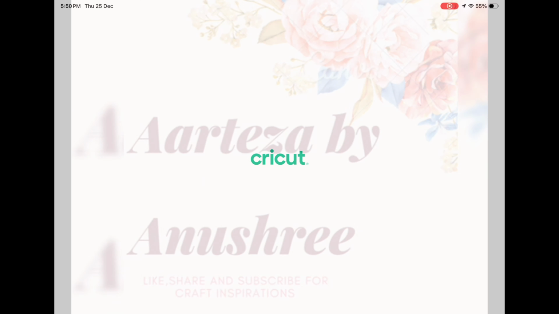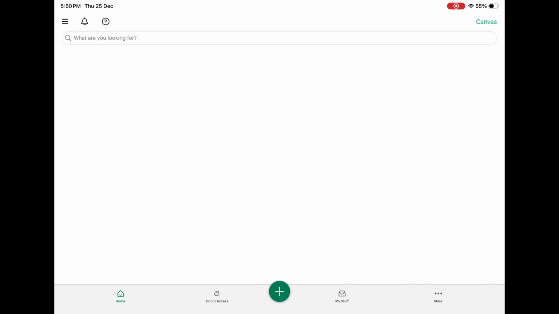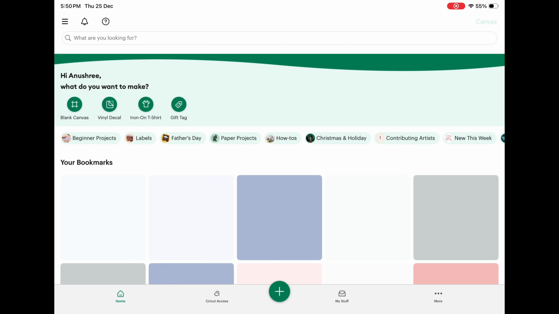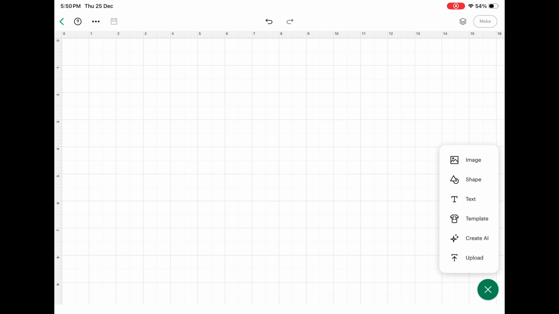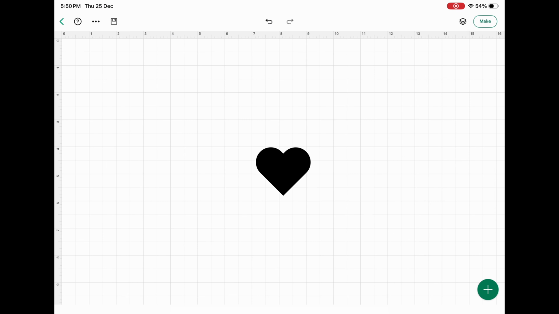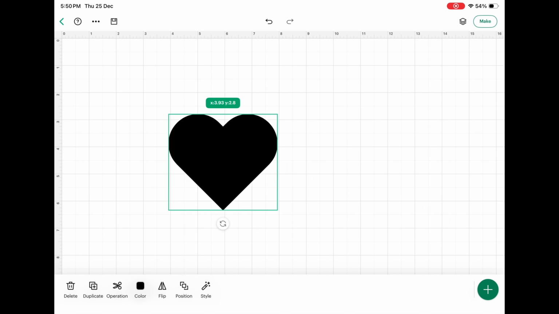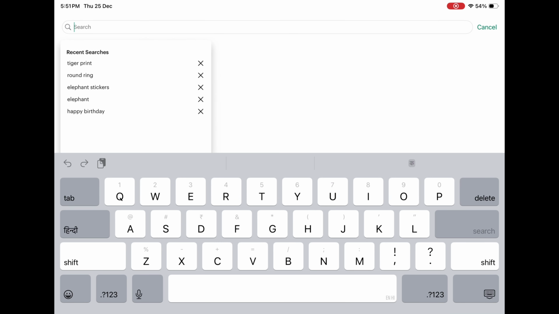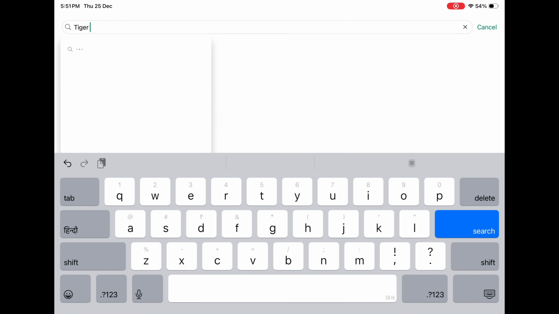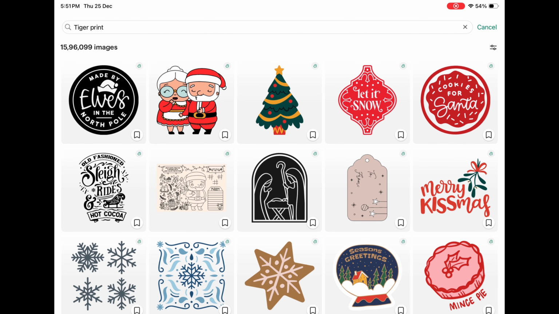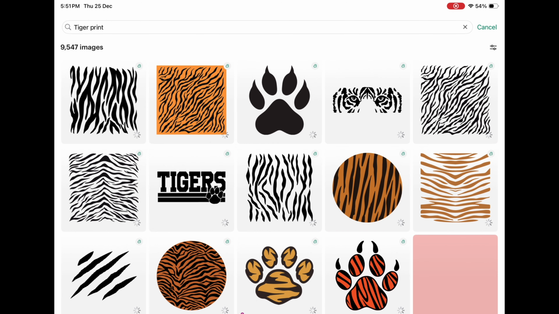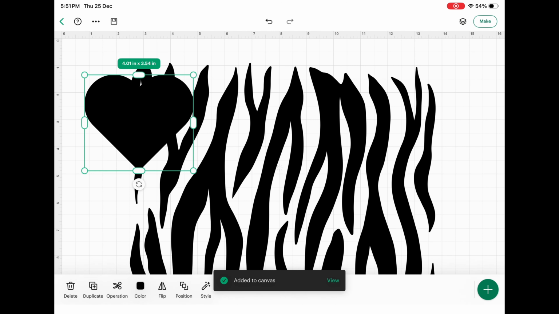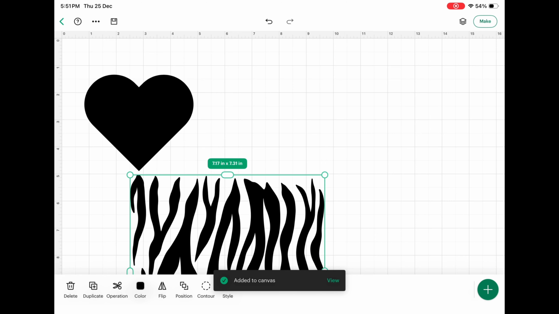I am Anushri and today I'll share a tutorial on how to layer your images easily and efficiently. I've opened Cricut Design Space here and you can see already that I've chosen a heart shape here. Now I'm going to choose another image. Now here let's go with a tiger print image. Now these images are there already in the design space, so whichever you feel looks good to you, you can